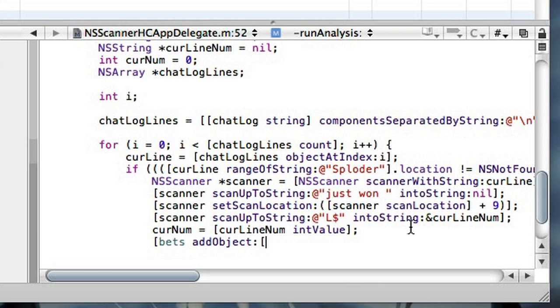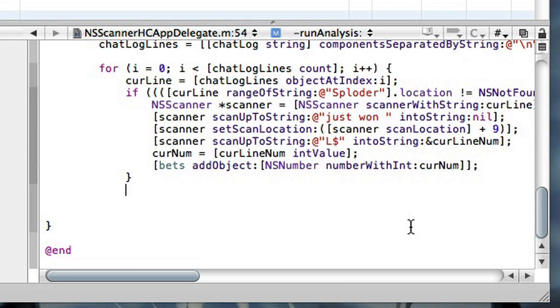We're going to make an NSNumber since we can't put just a direct integer into it, and we're going to do number with int, and our int value comes from the current number like so, and we can close off that if and close off that for. And now finally all we need to do is print that out to the log, which we will do by going for i equals 0 while i is less than the number of items in the bets array. Add 1 to i,